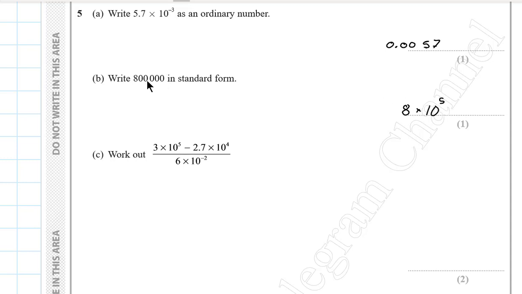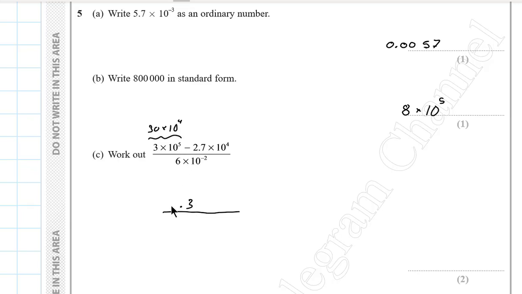Okay, C, work out this value. 3 times 10 to the power 5 minus 2.7 times 10 to the power 4, divided by 6 times 10 to the power of negative 2. Okay, we can say that this part can be written as 30 times 10 to the power 4. So that we can take 10 to the power 4 as a common factor, and then 30 minus 2.7 will be